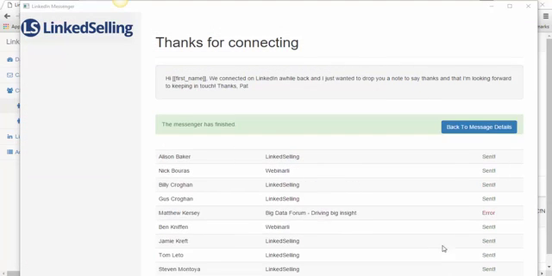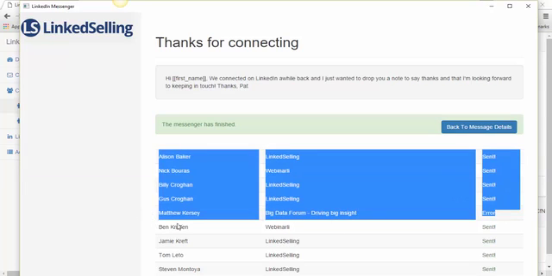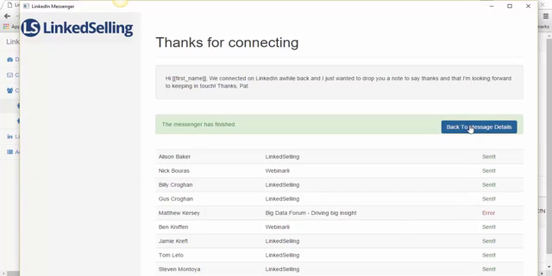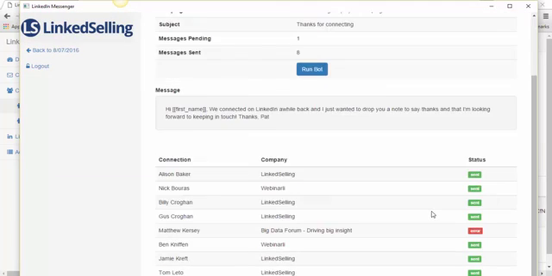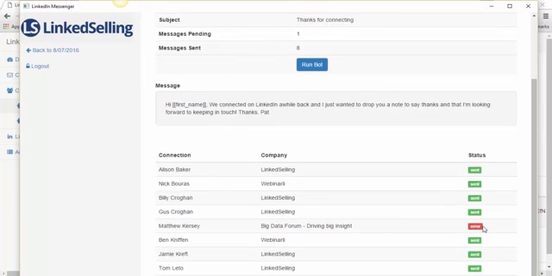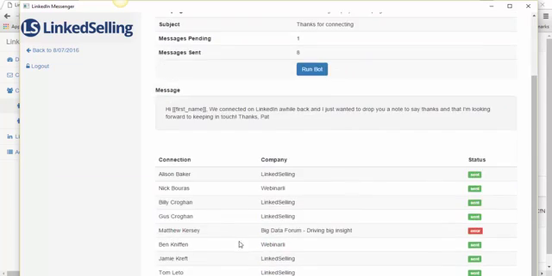So once it finishes, you'll see a note like this: message has finished, and we can go back to message details. So you see there's an error in one of these, and I chose this for a reason, to show you how you react when you have an error like this. On message details, with an error, sometimes you can run it again and it'll find them. What I would recommend now is, if you ever have a situation where it couldn't find Matthew Kersey for whatever reason,